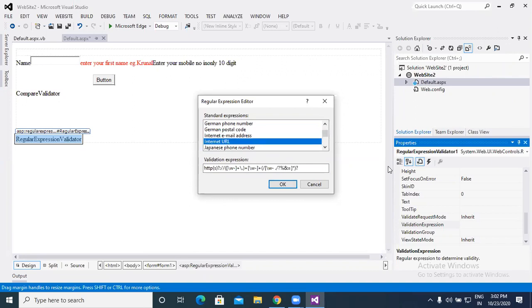Internet URL, that means HTTPS, your website, then we can set internet URL, www or whatever. Japanese phone number, if you wish to apply it with the help of these tools. US social security number, same as our Aadhaar card number in India; if you are a citizen in the US, then social security numbers are there. Zip code, that is the US zip code.